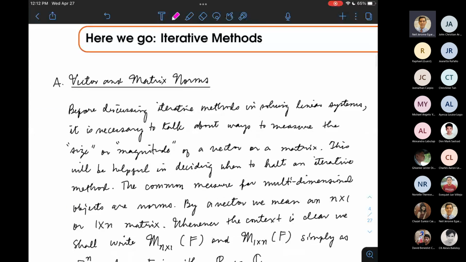Content, ayan, handwritten na uli yung module. Sabihan nyo lang ako kapag hindi nyo mabasa yung sulat ko. Ano? So, umpisa natin sa vector norms. So, usually,